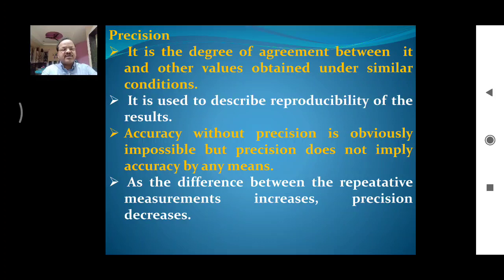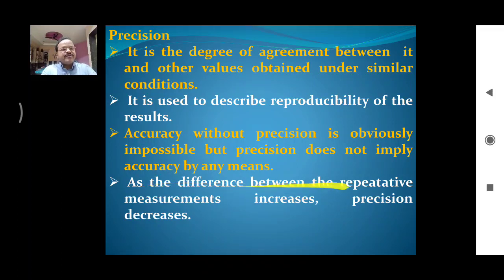analysis, because the measured value or the obtained reading is 0.5 away from the true value. So that is the meaning of this. We can take the precision, but precision does not lead to accuracy.